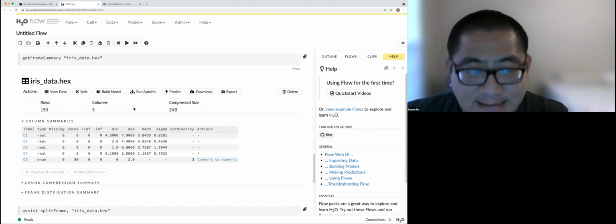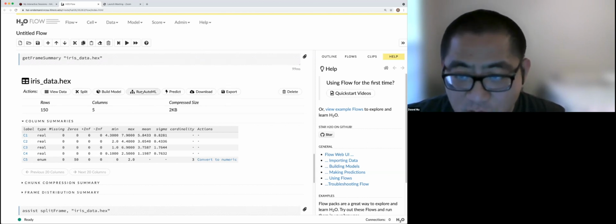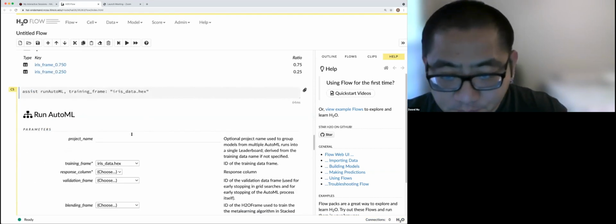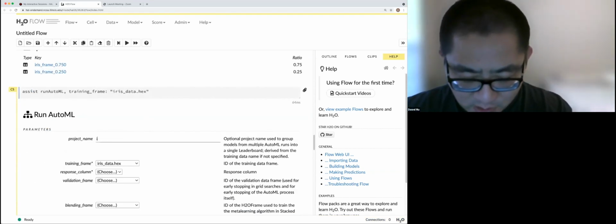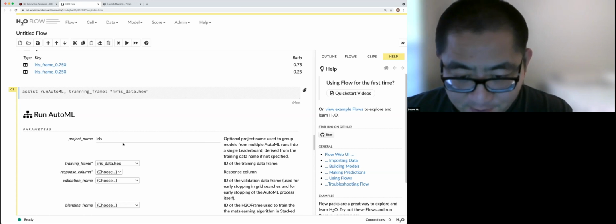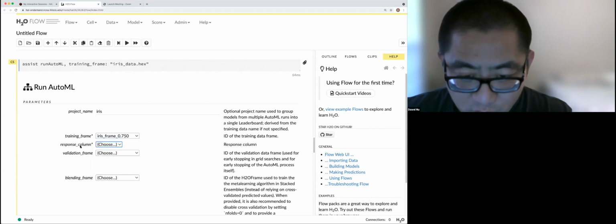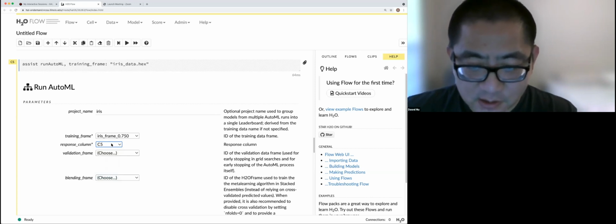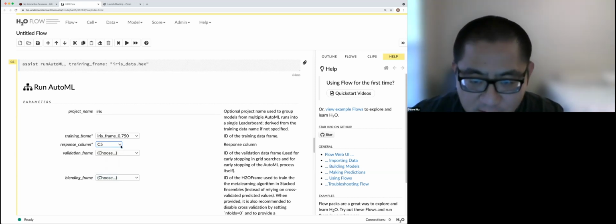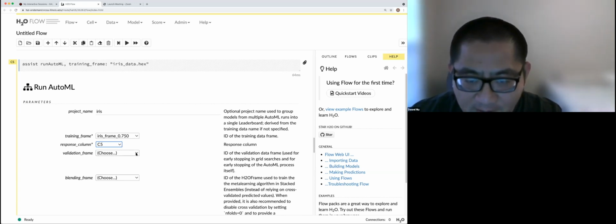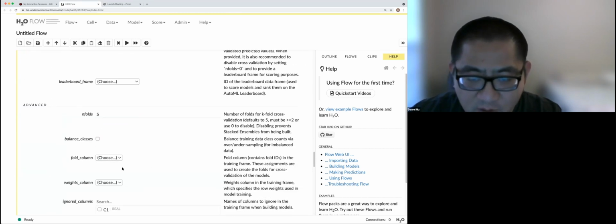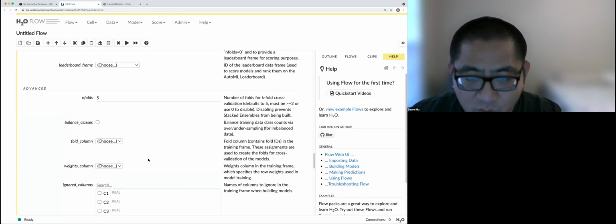So let's say I don't know which algorithm works for me. Let's run AutoML. We give it a project name, we call it Iris. And then the training data set will be iris. Look here, the response is column 5, C5, which is the classification label. And then for the validation, using this 25, blending frame, leaderboard, we do not need, and the rest we just